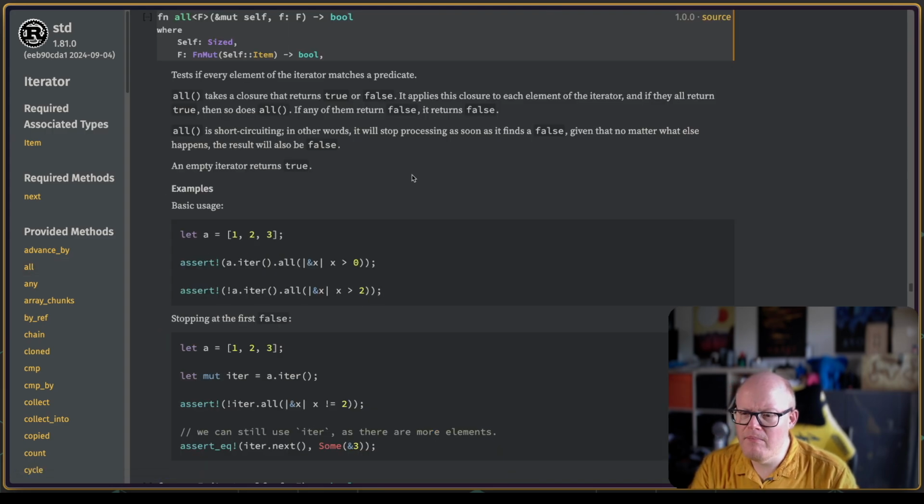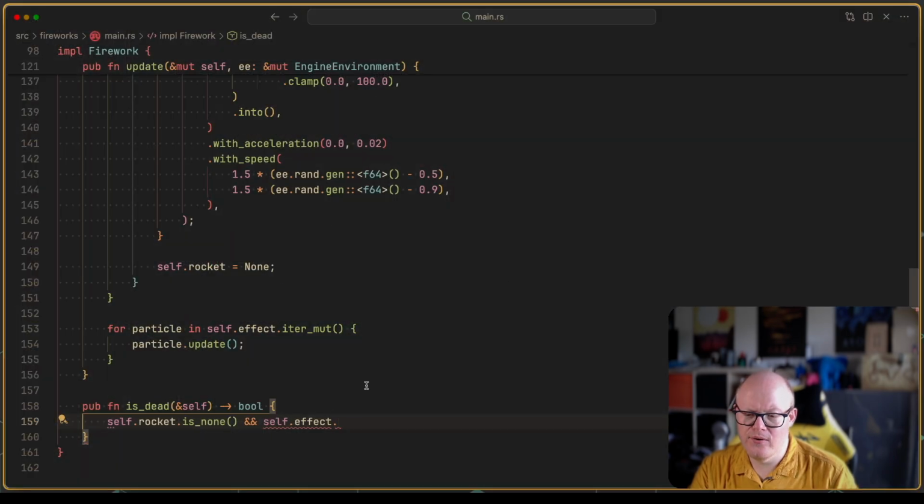There is an all, I need to use iter, okay, that makes sense. The all means that the given predicate needs to hold up for all of the effects. So what I want is, if the rocket is none and all effects are dead, meaning each effect is dead,